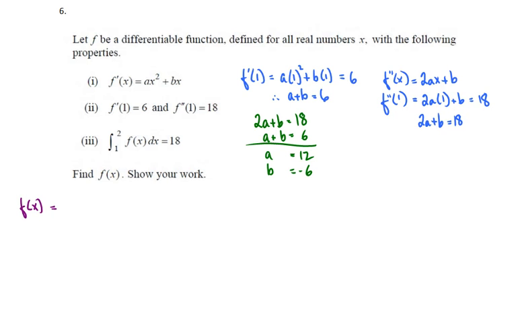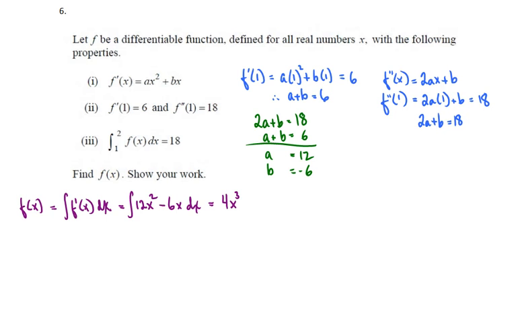Well, we do know that f of x is the integral of f prime of x. And so in this case we know that f prime of x is ax squared plus bx, and we do know what a and b are. So ax squared is going to be 12x squared plus bx will be minus 6x dx, and we can find the antiderivative of that. So we're going to get 12x to the third over 3 is 4x cubed, minus 6x to the second over 2 is minus 3x squared,